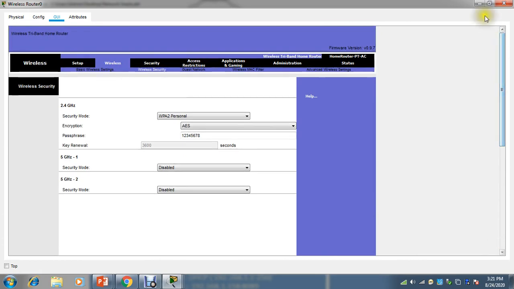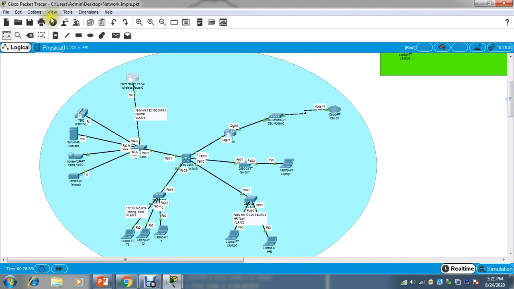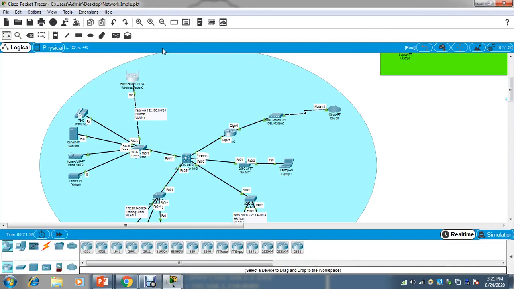And I'm just going back to this. Now here I will connect a couple of wireless devices. For that I need to go to view first and bottom toolbar. Now I am going to wireless devices. I should have a couple of devices here, like telephone, mobile phone and all.